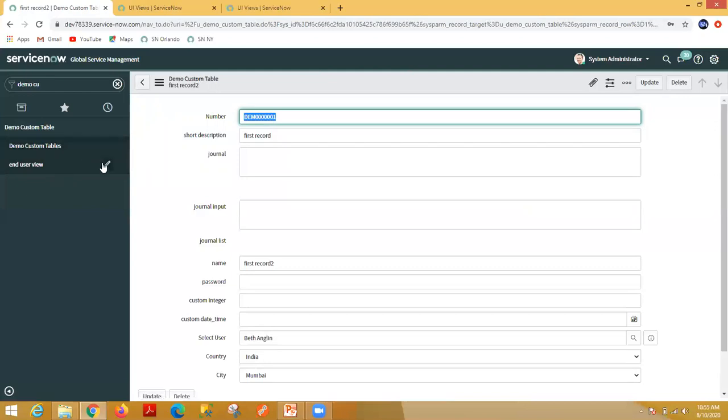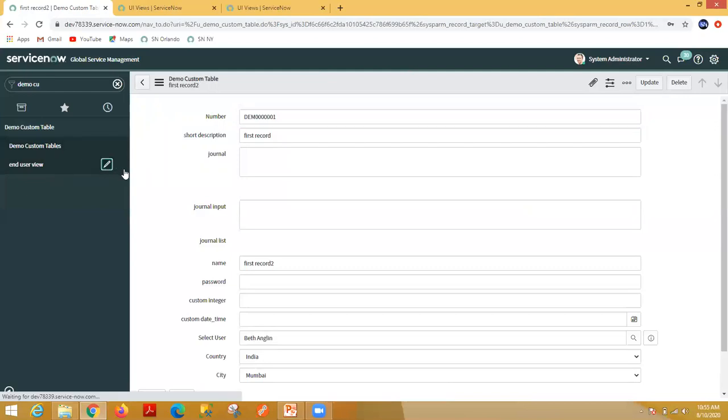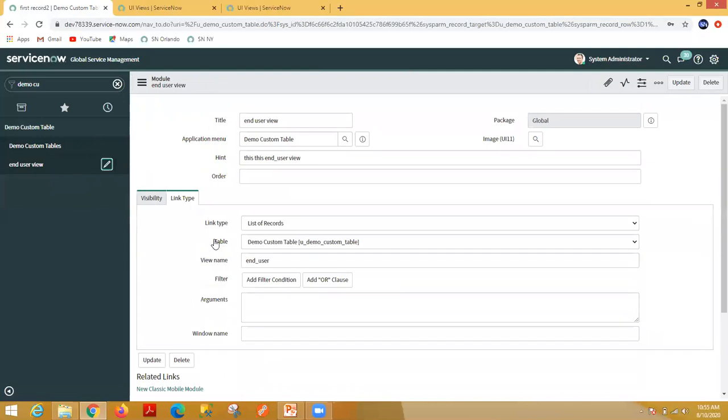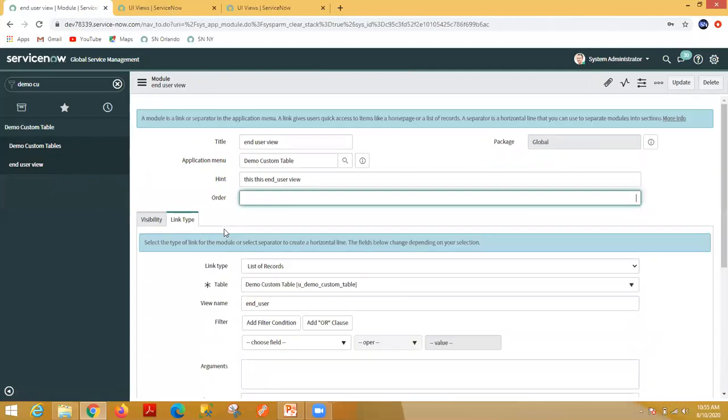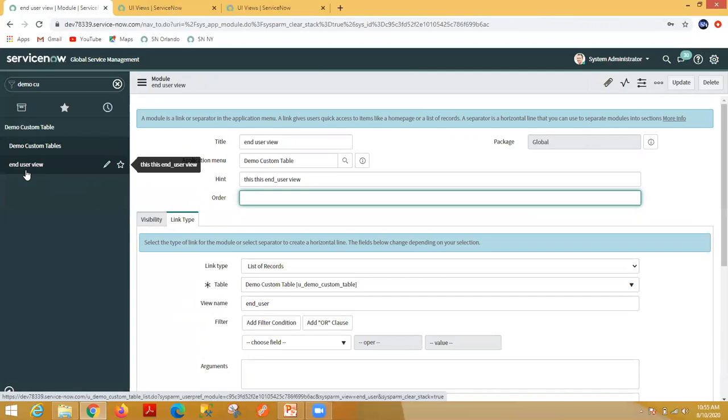You can click on this and apply some role in the visibility section. Based on that, you apply the role and associate it with the module. So if I have the role, I can see that module. If I don't have that role, I will not be able to see that particular module.